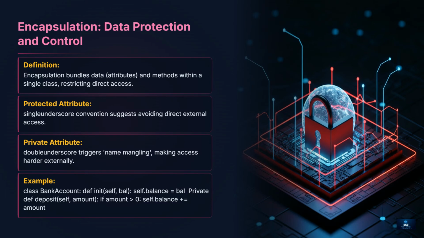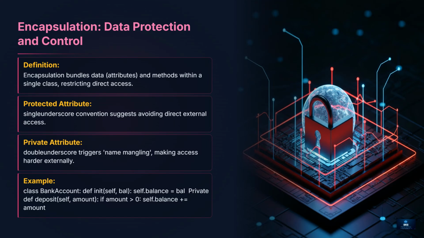Encapsulation is all about bundling data with the methods that operate on that data, effectively hiding internal details and protecting data integrity. While Python doesn't enforce strict private variables like some languages, it provides conventions like the single and double underscores. The double underscore in particular triggers name mangling, making direct external access difficult. This ensures that an object's internal state is only modified through its defined methods, adding a crucial layer of control